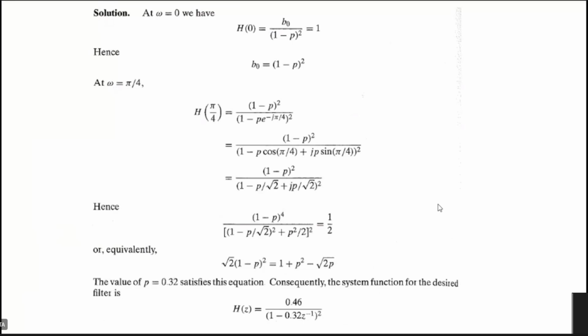डिनोमिनेटर का रूट ओवर रियल पार्ट स्क्वायर प्लस इमेजिनरी पार्ट स्क्वायर, और वो कैंसिल हो जाएगा, एक टर्म कैंसिल होके ये आएगा 1 minus p by root 2 whole square minus 2 into 1 minus p by root 2 into p by root 2 plus वो 2 into 1 minus p by root 2 into p by root 2, वो वाला पार्ट कैंसिल हो जाएगा, -2ab plus 2ab ये कैंसिल हो जाएगा और बाद में तुमको मिलेगा 1 minus p by root 2 whole square plus p square by 2।